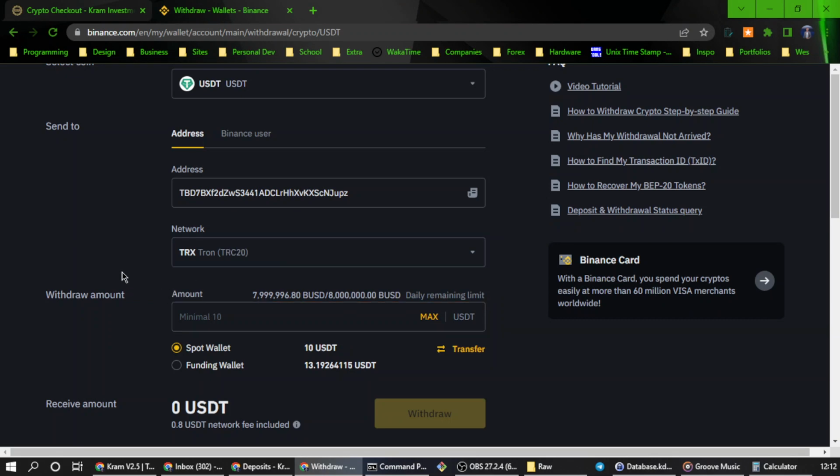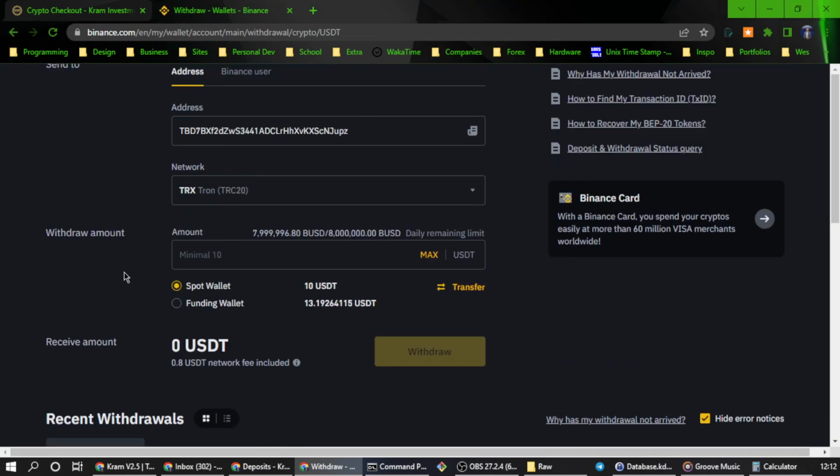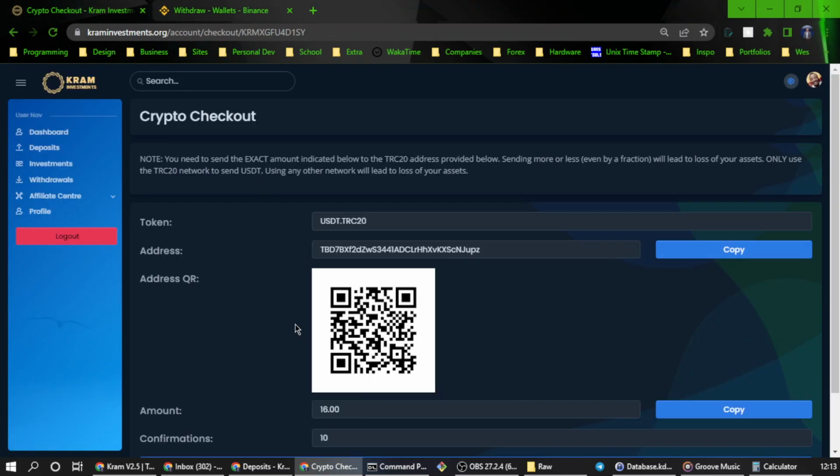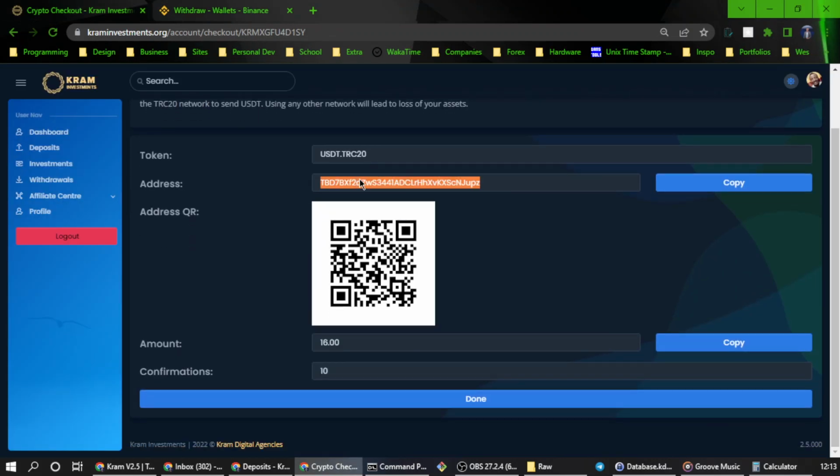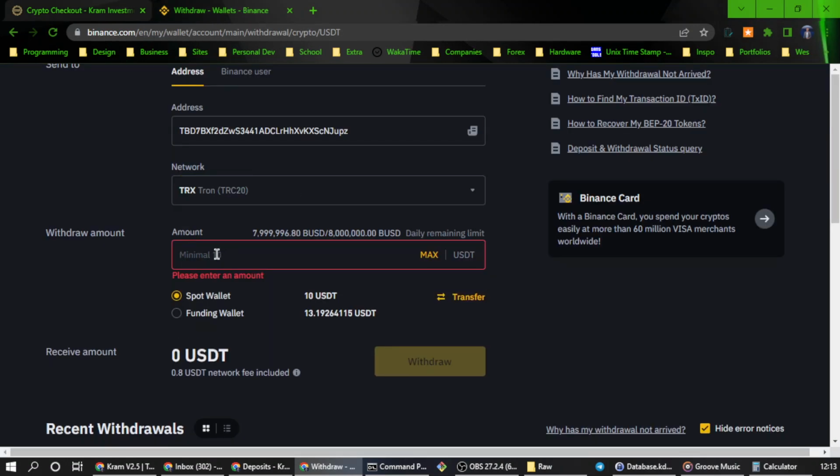Once that is selected, you want to enter an amount. Now this is where the 0.8 comes in. The amount that you're supposed to send to this address for these funds to reflect automatically in your account is 16 USDT. But if you enter 16 USDT in this form,